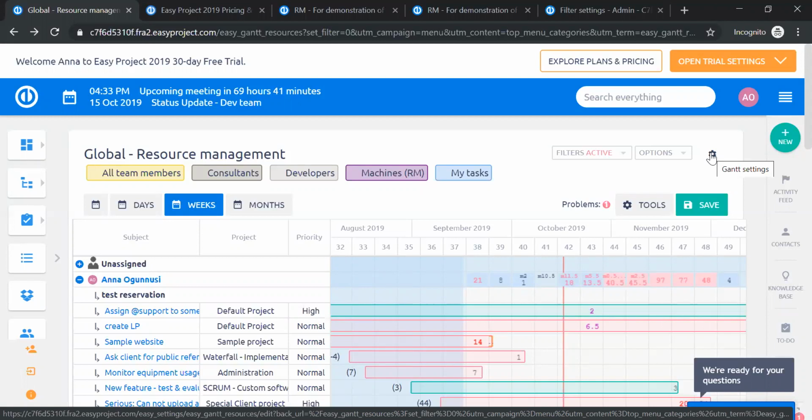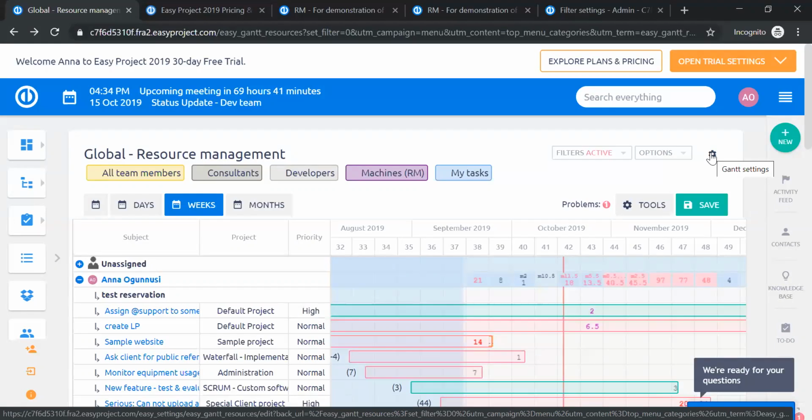We also had a look at how to use the reservations, the balancing, and also how to work with the task within resource management, where we can adjust the start date, the due date, the duration, the allocation of the time. We can change the allocator,